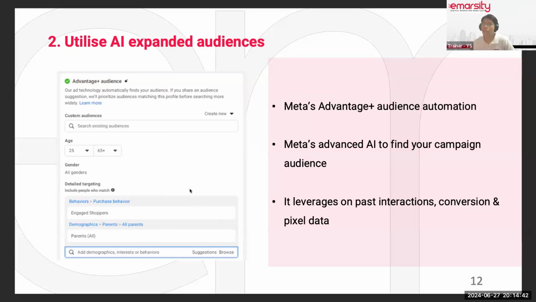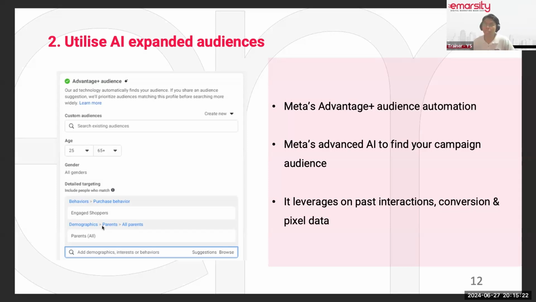What this does is, Meta, or other advertising platforms like Google, TikTok, and LinkedIn, are able to find audiences for you. Say you want to run an ad. You need to set up that they must be this age group, they must be parents, they must like shopping, they must like running. You need to list down all the different interests because Meta needs to know who to show your ad to. Traditionally, we indicate the age group, gender, where they live, and all the interests they have, then Meta will know to show your ad to this kind of audience.